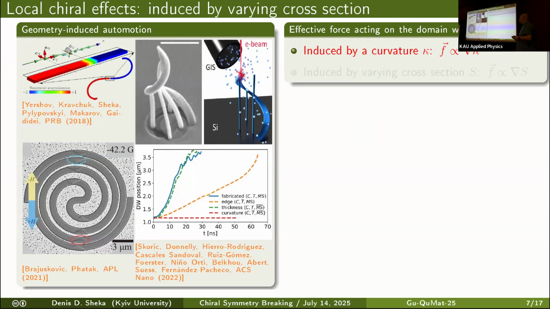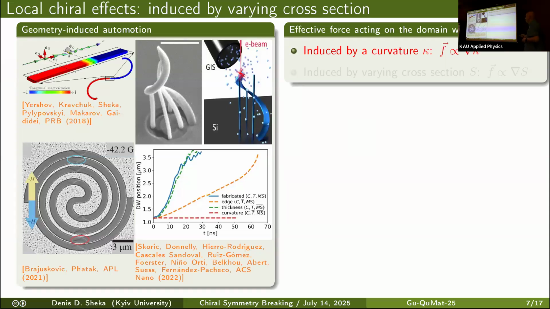What is important is that in experimental studies, the nanoprinting technique produces a thickness gradient,